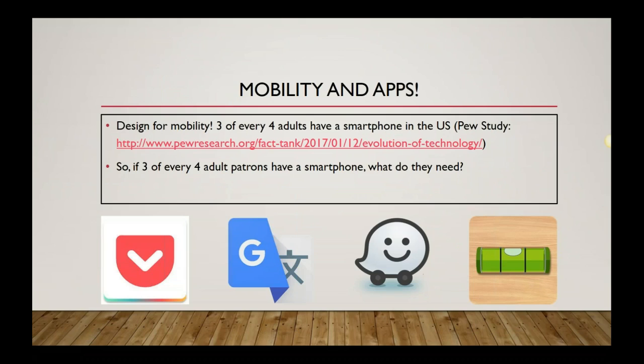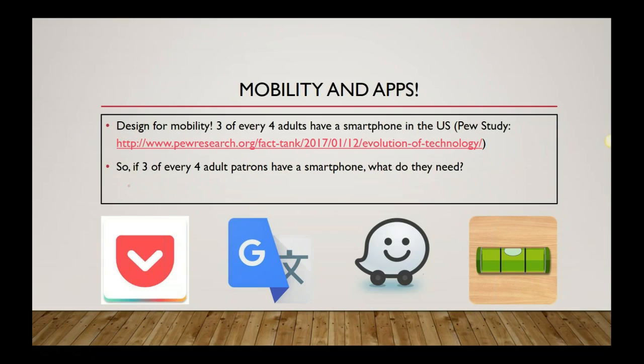So one thing, if you are designing a website, perhaps you're looking at creating a new website for your library, is to design for mobility. As you can see, 3 out of every 4 adults have a smartphone in the US. That's only going to get bigger and bigger as we go on here. And guess what? If everyone is on their phone already, they're accessing your website on their phone. You can install Google Analytics on your website if you choose, and you can see how people are accessing it. And I bet you'll see that more and more people are getting there via a phone, which is just the way the world is going. So as you're creating a new website, keep that in mind with responsive web design and other things that will make your website more mobile friendly.